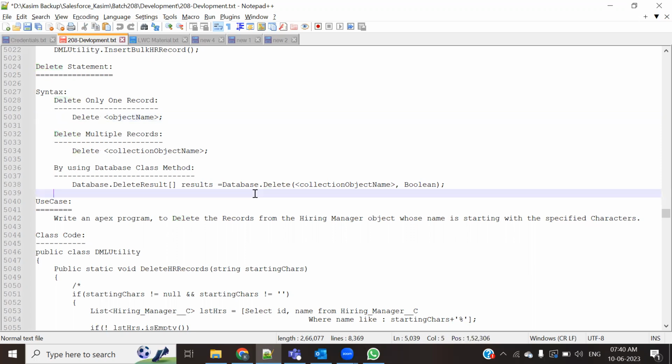Whereas if instead of using the delete statement you are using Database.delete, the second parameter should be false, obviously, because if you keep it true, or if you don't give the second parameter, it would be the same as conventional DML statements. So we should always give the second parameter as false. Now, what is the return type in that case? For the delete statement, it is DeleteResult. If you are inserting, it is SaveResult. If you are updating, that's again SaveResult. But when you are deleting,